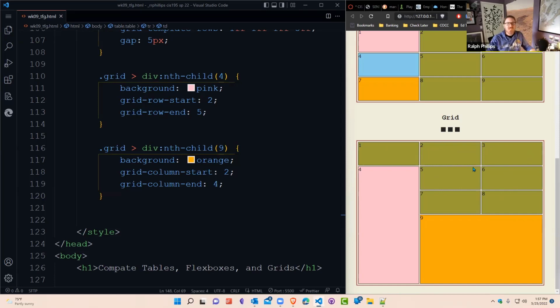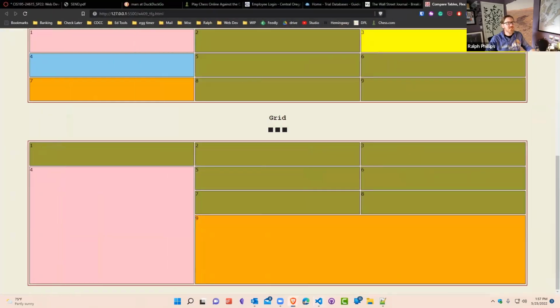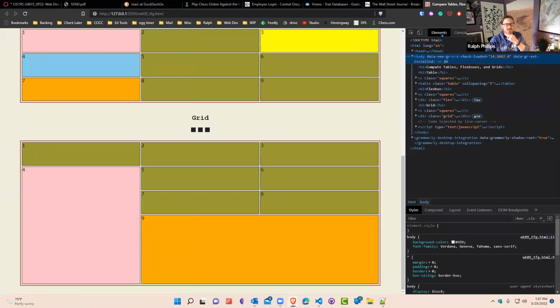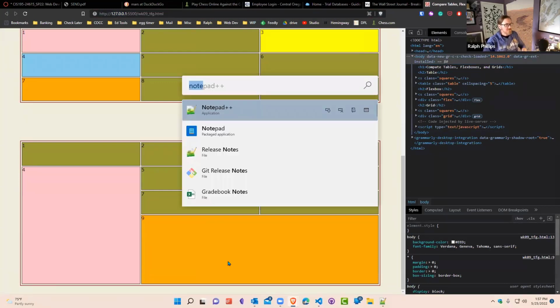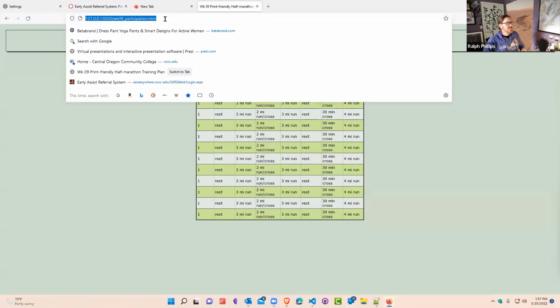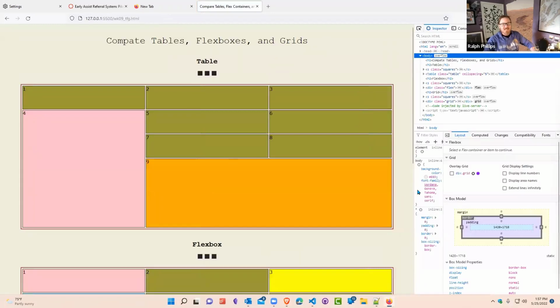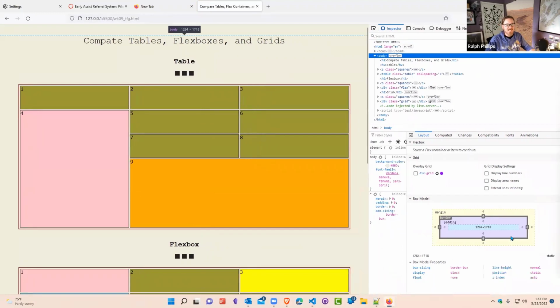There's a pretty neat little tool. Let's see, what am I using? I'm using the Brave browser. I think the best tool is in Firefox, but I think Edge also has a nice feature. Yeah, let me do this real quick. I'm going to open this up in Firefox. Control-Shift-I. So Firefox, when you go into the inspector mode, it actually has a grid layout tool,